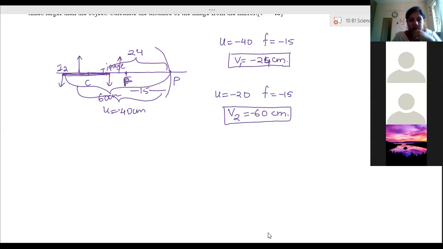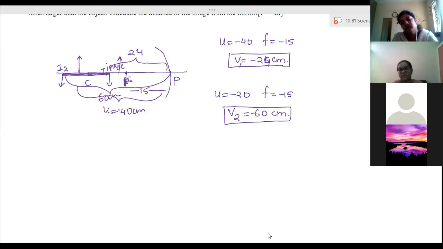Yes, ma'am. Then 24th: an object is placed in front of a convex mirror of radius of curvature 40 at a distance of 10 centimeter. What happened in that? Find the position, nature, and magnification of the image. Ma'am, they have given the final magnification as 2, but we have got the magnification as 2/3. Even I've got the same thing. It's 2 by 3. Okay, then it is 2 by 3. Might be an answer mistake.